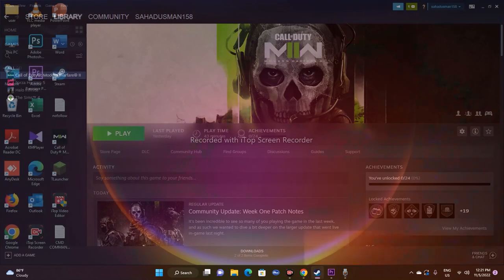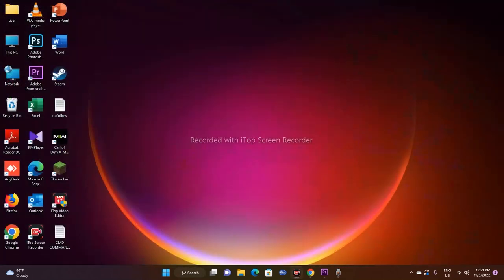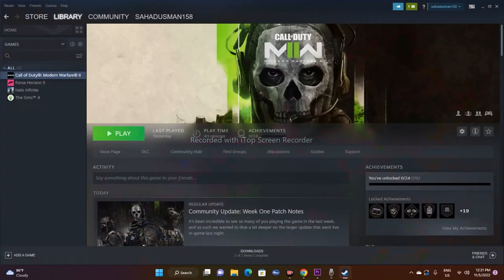Let's move to the workarounds. The first one is, if you're in the game, you just have to close Steam, close the game, and wait for a little bit of time. Then go back to Steam and launch the game. That is, you're restarting by closing the game and opening it back once again within a short period of seconds, and you see whether you're able to fix the issue or not.